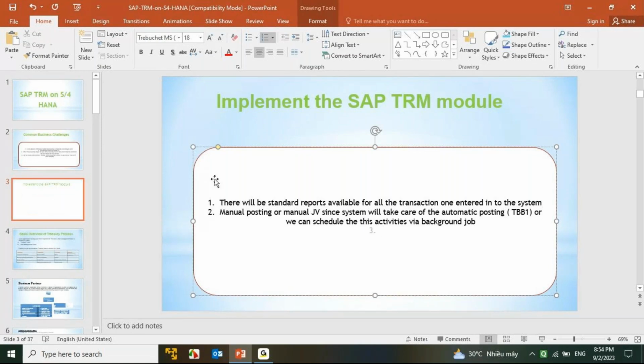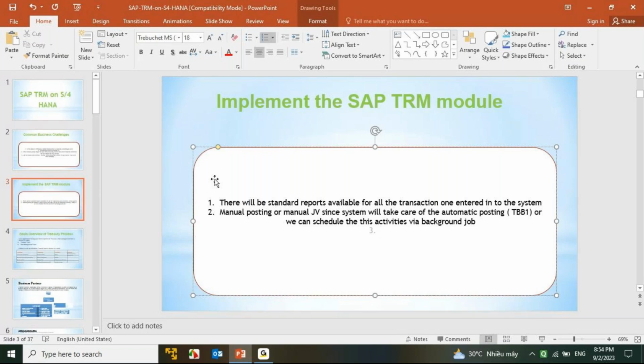These are the second. So you get rid of all the Excel, because standard reports are available for all the transactions you enter. Manual posting of JV you get rid of, because the standard transactions take care of all sorts of accounting posting, right? And then we come to the